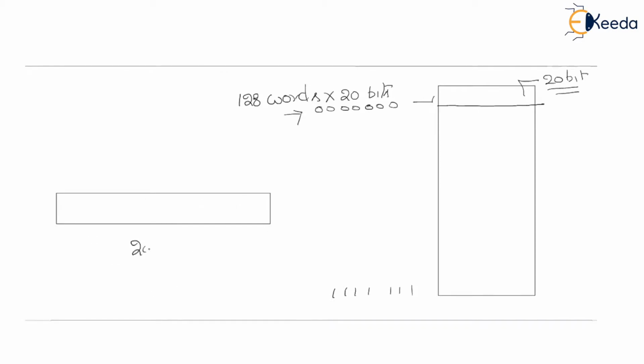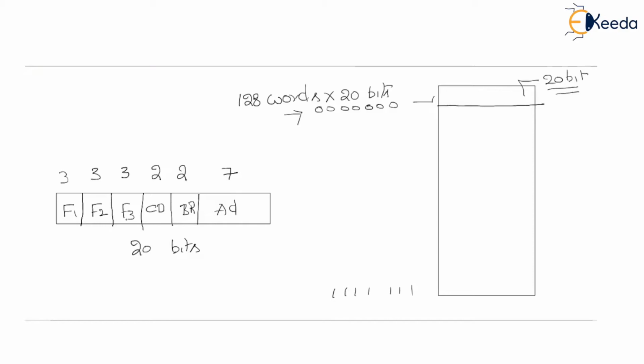The micro instruction is of 20 bits, which is primarily divided into F1, F2, F3, CD, BR, and address. F1 is equal to 3 bits, F2 is equal to 3 bits, F3 is also equal to 3 bits, and CD, the condition field, is equal to 2 bits, BR is equal to 2 bits, and address is equal to 7 bits. Let us examine what are these fields all about.